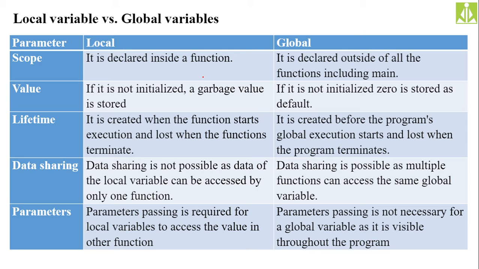First of all, let's see how the scope of the variable is limited or given based on the type, local as well as global. If the variable is local, the scope will be within the function or inside the block where you are declaring it. Outside the block there will be no scope. Global variables are declared outside of all the functions including main, so their scope is not limited and you can access them anywhere in the program.